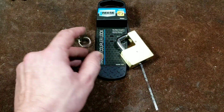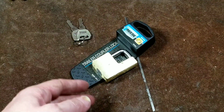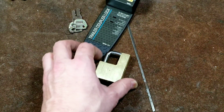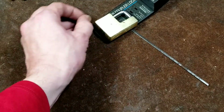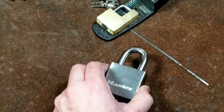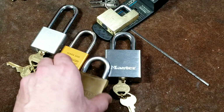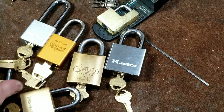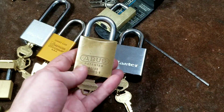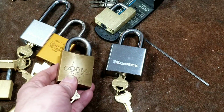Anyway, that was the end of the review, and I guess it was a review and comparison of the Reese trailer hitch lock versus other equivalent brass and aluminum locks, as well as locks in its price range. And it's just totally ridiculous. It's fraud. If anybody's ever bought one of these and still has a receipt, return it, because there are just so many other locks. Like at AutoZone, and just down the aisle, you have this massive lock, but you just have so many options that are all right around the same price as this Reese, or less than double. Like this is $7. Well, if this is $10.50 at AutoZone, then this thing's only $7 more and offers you